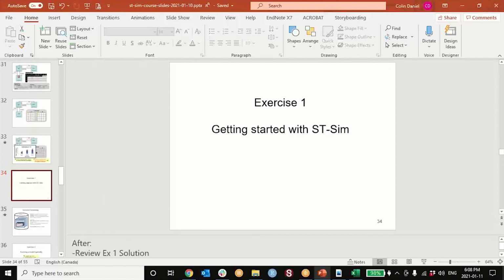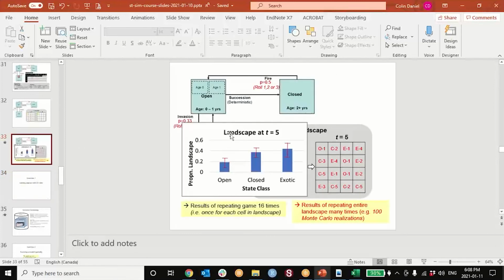What you'll see over the rest of the next 2 days is that there are a lot of subtleties to this stuff in how you set up these models to be a little bit more complex than what we've shown here. And most of the tools and levers available in STSIM are simply there to make it easier for you to do complex dynamics, and we'll get into that over the rest of the course. So that's the end of